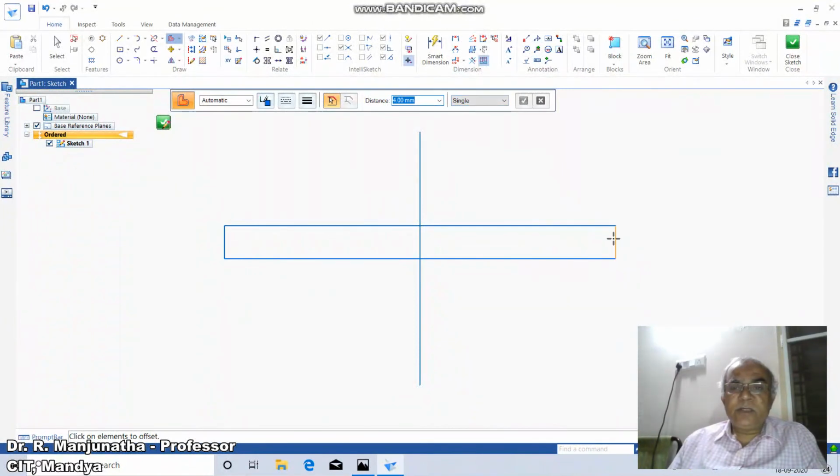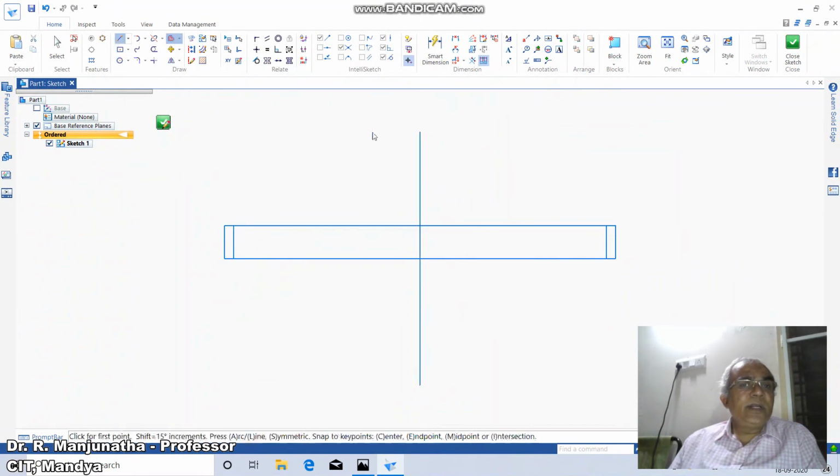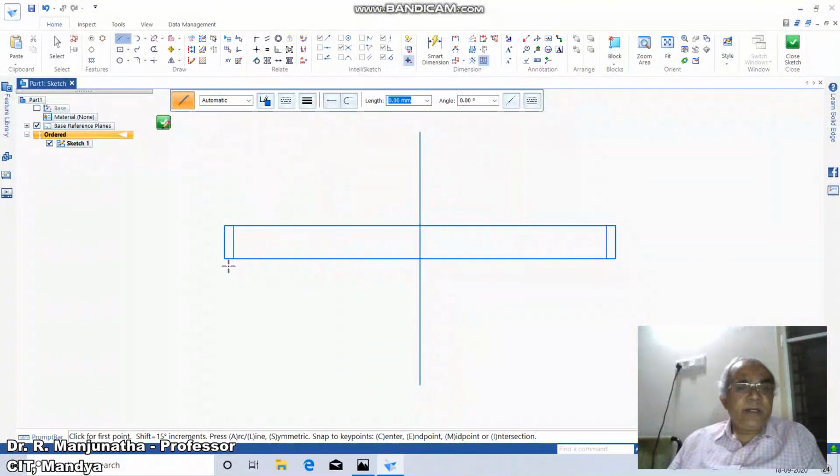Select Single, just click on this and right click. Again click on the first button of the mouse. Again cancel it. Similarly from here, right click, again click on the first button of the mouse and right click to cancel it. So go to the Line command. So you enable End. So you go from the end point of this to the end point of this. Similarly, the end point of this to the end point of this.